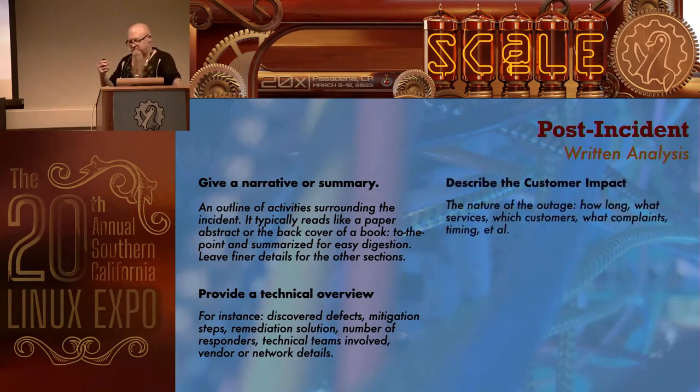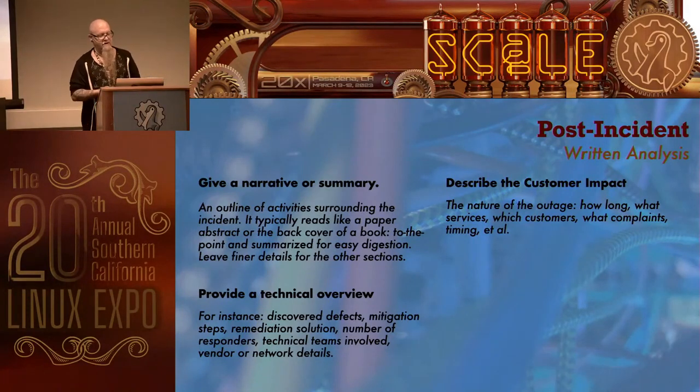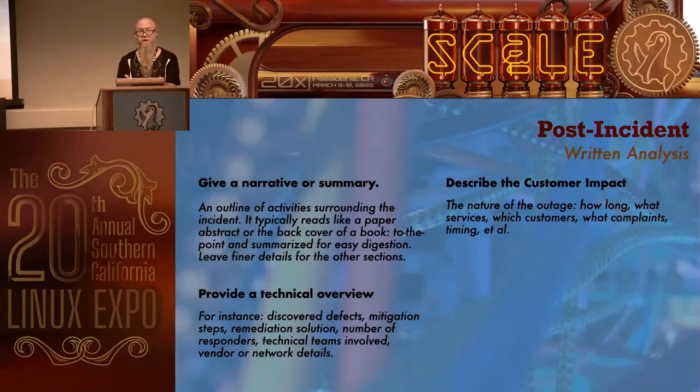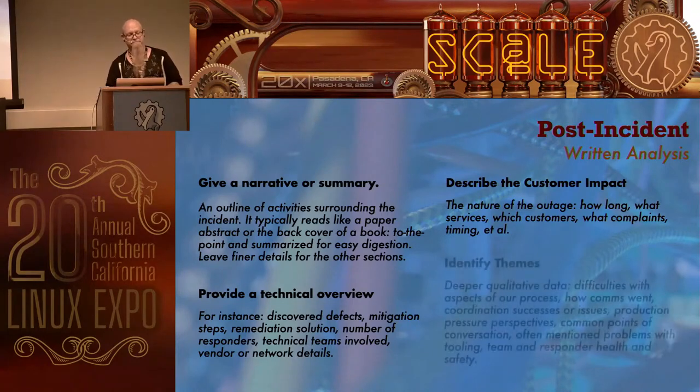And as always, we want to know what the customer impact is. Even if a customer didn't report the problem, we want to know what the customer impact is. If we have some kind of bug in the UI that we discover because we are using our platform, and we discover that we need to create an incident about it, the customer impact, because we're customer zero, is something that we need to note.